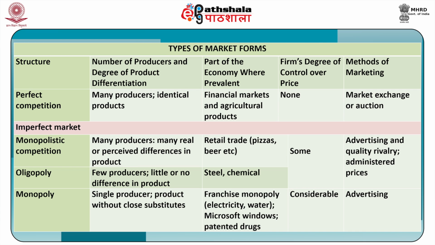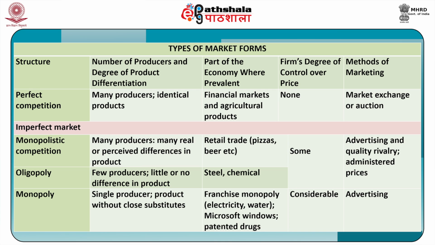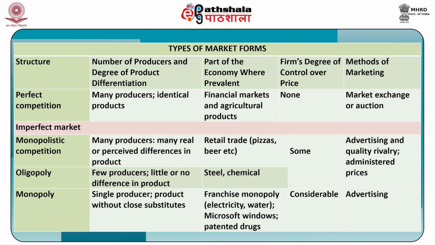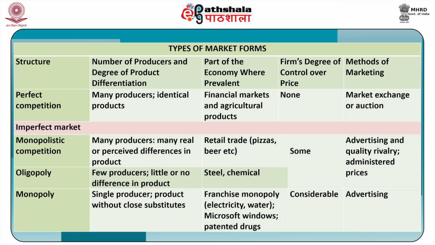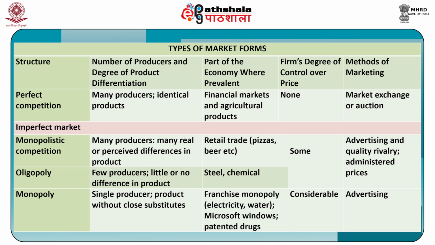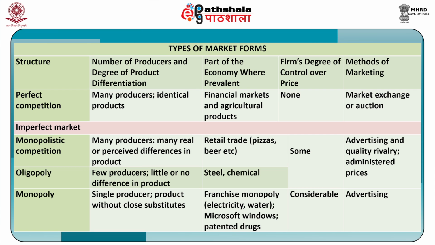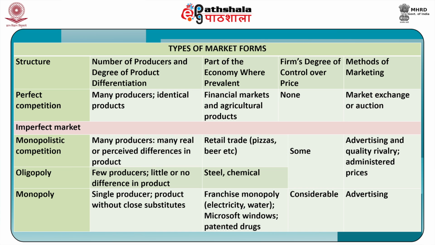Here also they have some control, and advertisement and quality competition play an important role. As far as monopoly is concerned, this, as we said, is the other extreme, quite opposite to perfect competition. There is a single producer and the product does not have any substitutes, and we would typically find such a market form in franchisee monopolies, such as